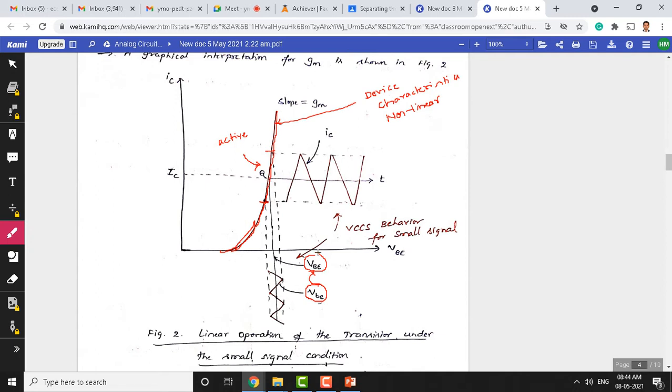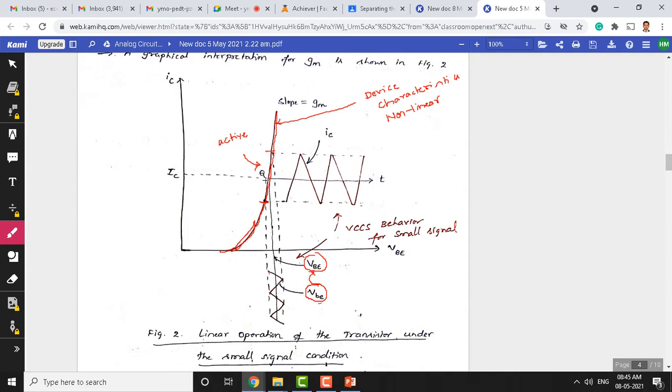The reason we need to add DC is that if this DC voltage capital VB is made 0, the signal will be oscillating at the origin, and we may lose the negative portion here. So we need to add a DC, so that we bring the AC signal from the origin to the active mode of operation here. Now we can see the AC signal is in the middle, around the zero line, the time line that we are seeing here.